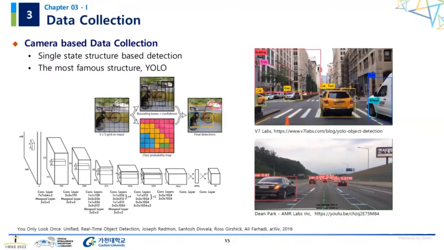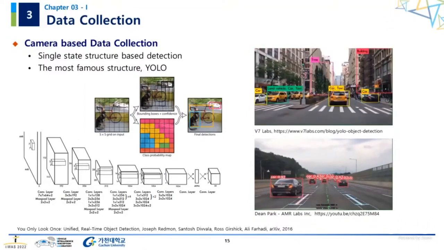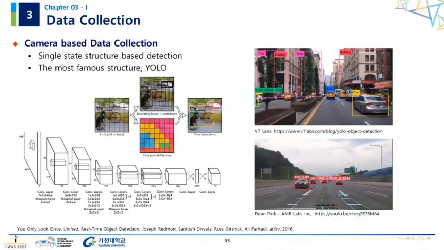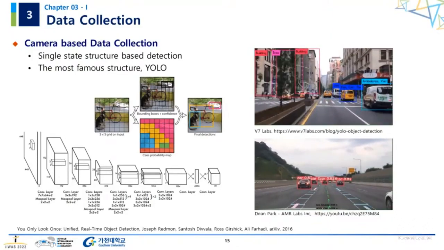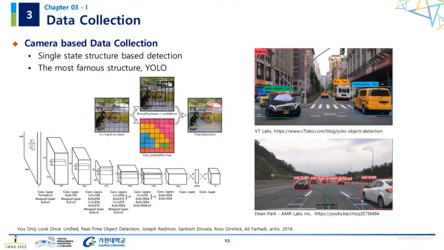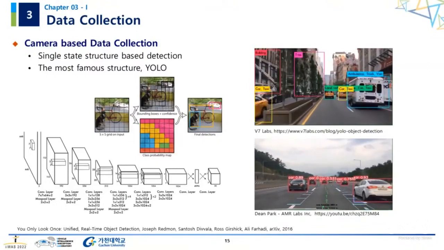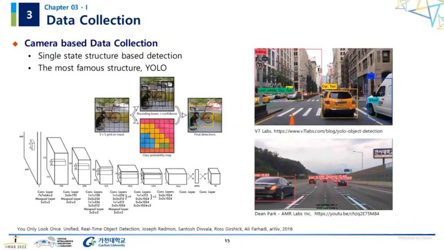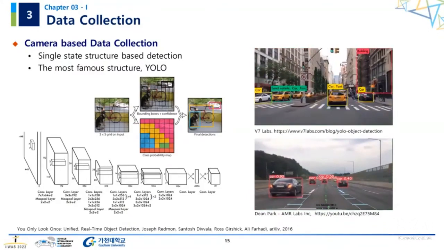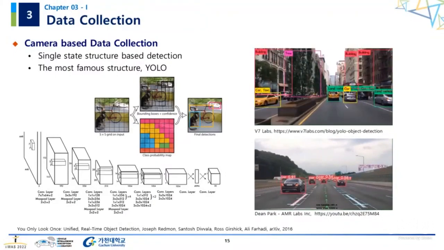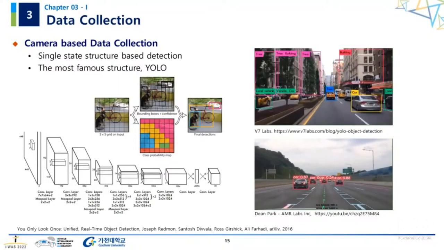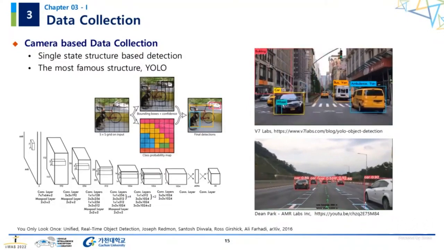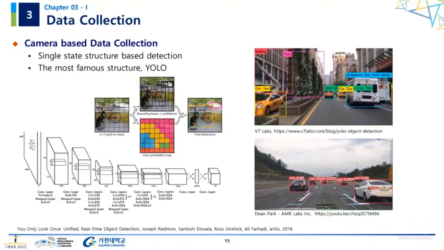To overcome these disadvantages, a new network has emerged. Its name is YOLO, which is so famous today. YOLO simultaneously locates the bounding box and classifies as the final output of the network. It is quite fast because only one network extracts features, creates bounding boxes and classifies them at once. Therefore, using these single-step detection networks, many objects on the road are recognized.